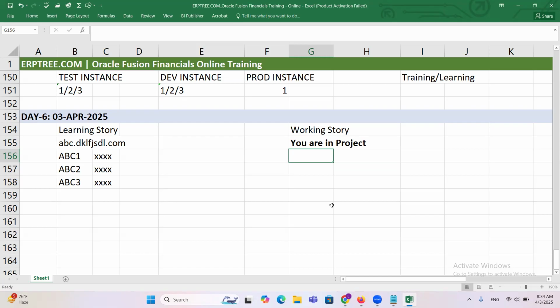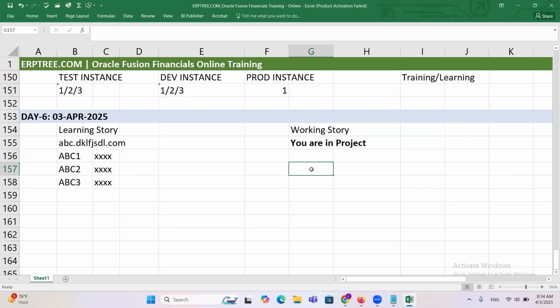So we have to understand, when you talk about instances, when you get into the project, try to get access to the internal test instance that you may use for your practice. Apart from that, ask for and get access to the client-related test environment and production environment. Make an inquiry about how many instances are being used in that project. And another important point, when you are in the project,